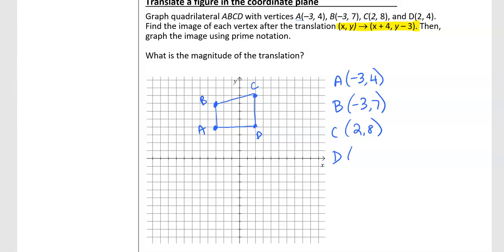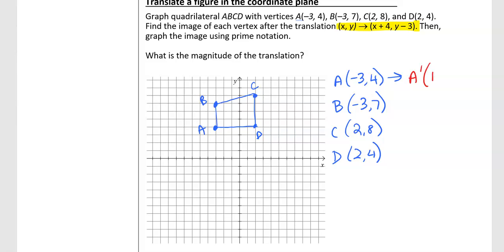And then D is at 2, 4. Okay, so if I want to translate point A into A prime, one way to do it is to take the x value of -3 and plug it in for x in the directions. If I take -3 and plug it in for x and do the math,